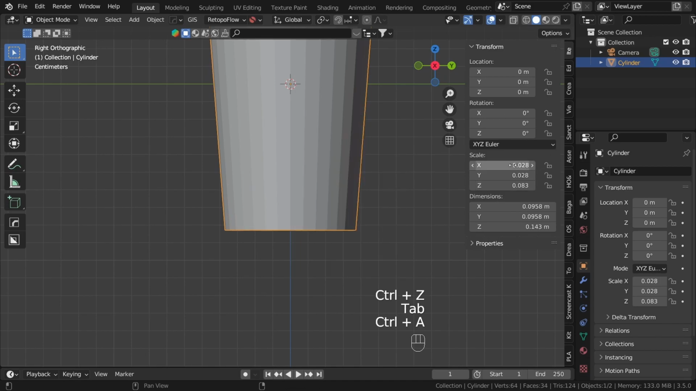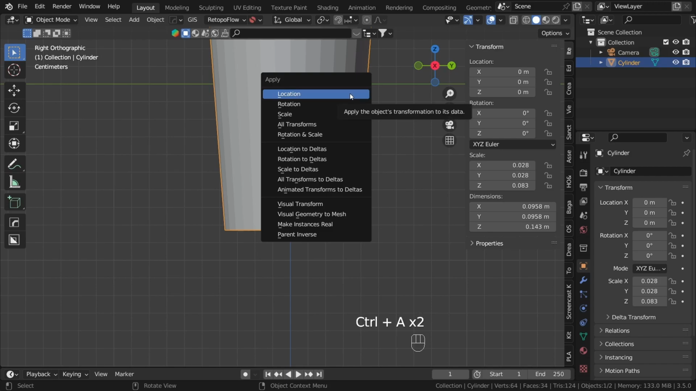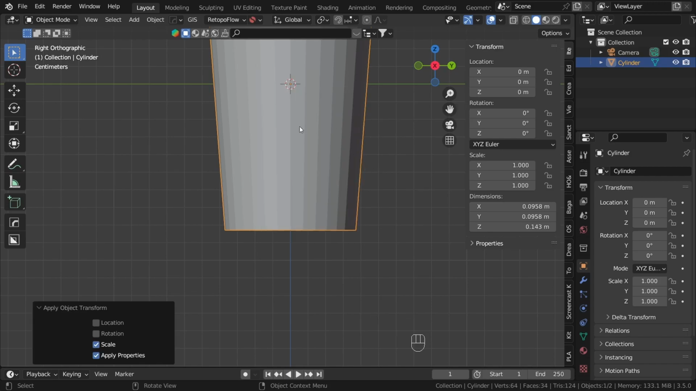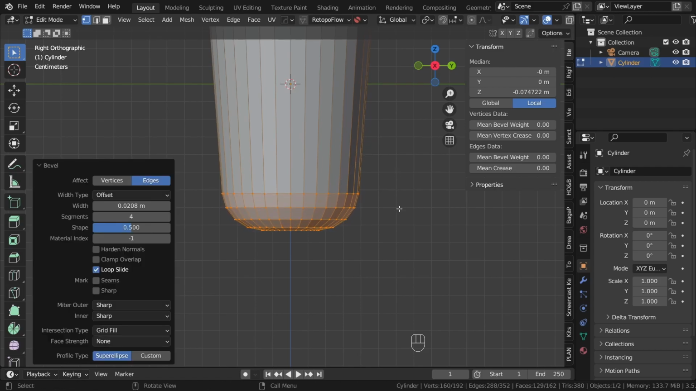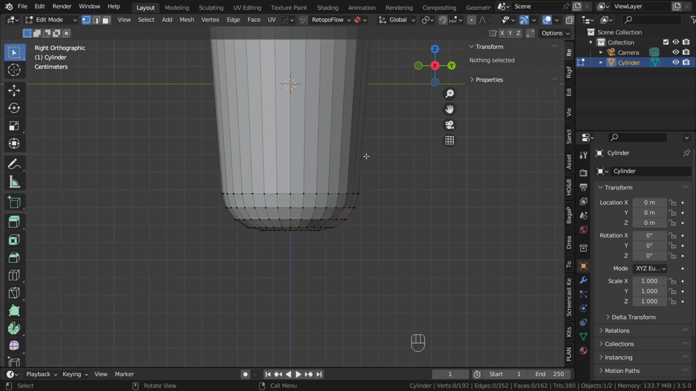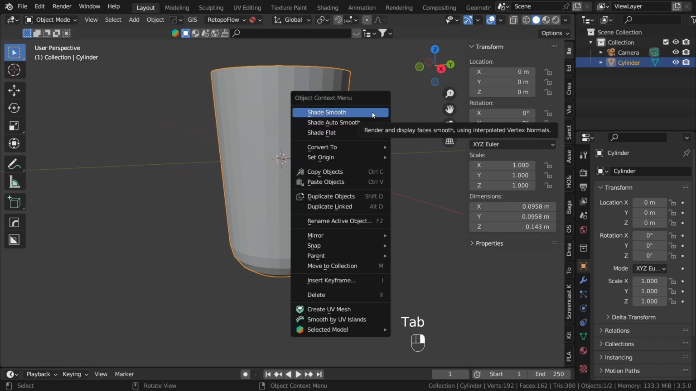And that's because our scale isn't set to 1. So in object mode I can use the Ctrl-A shortcut and apply scale. And now when I'm using Ctrl-B, as you can see, we have the standard 45 degree profile. And now I can use the scroll wheel to add more subdivision levels. I think that should be enough. This is 4 segments, and now when I go to object mode and change the shading mode with the right mouse button to shade auto smooth,